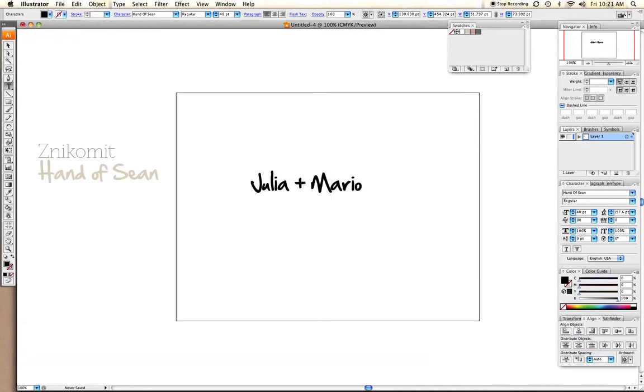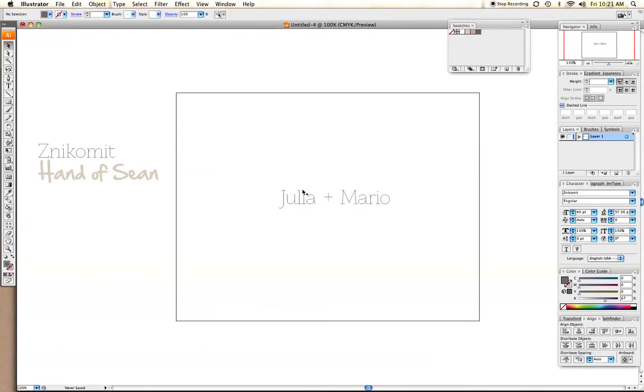just like that. This to me is a little too casual, so I want to go with this other font as my lead. I think that looks lovely. The spacing is rather large in here, so there's a couple things you can do. You can either tighten up your kerning, doing something like that to adjust it to exactly what you want. I think it's got a ton of space, so I'm actually going to take out all the kerning and the full space and just do a nice tight